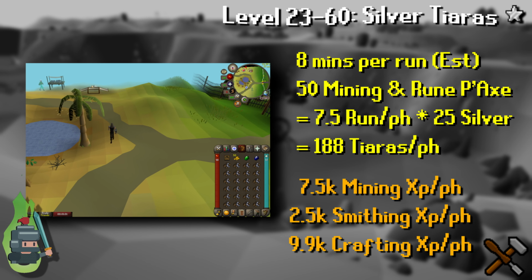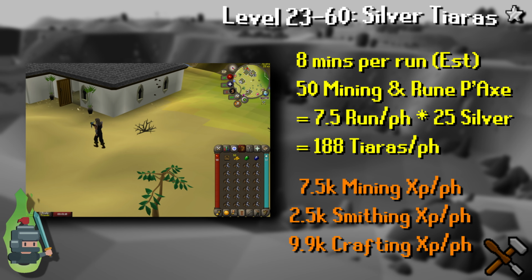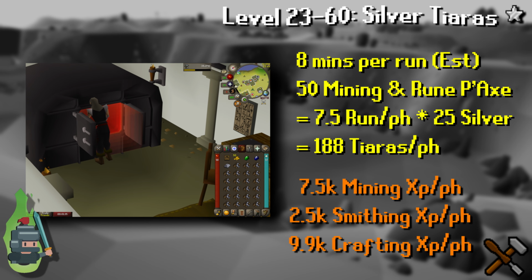The run times and XP rates are obviously basically the same as the previous step, though that banging extra 2.5 XP per item bumps up the crafting XP to around